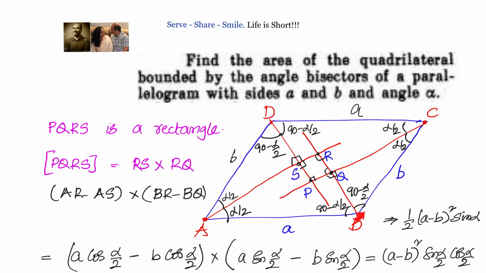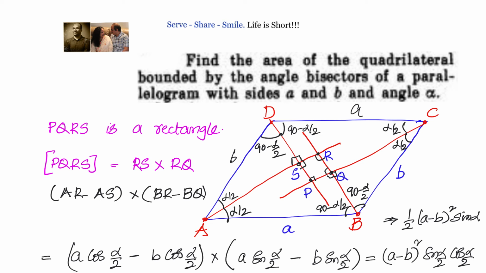Now look at triangle ABR. We have directly that the angle at R in the quadrilateral is 90 degrees. So all the angles are equal to 90 degrees. Now what we need to find is just the area of the rectangle, which is length into breadth. So we can say RS into RQ. But we can't directly find the value of RS, so we write it as AR minus AS, because AR can be obtained from triangle ABR